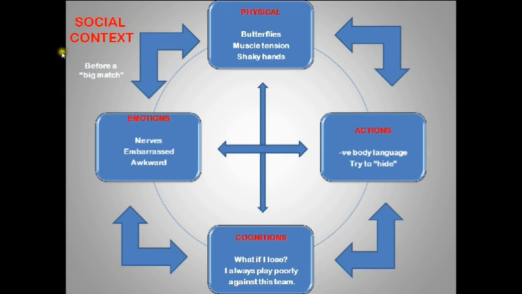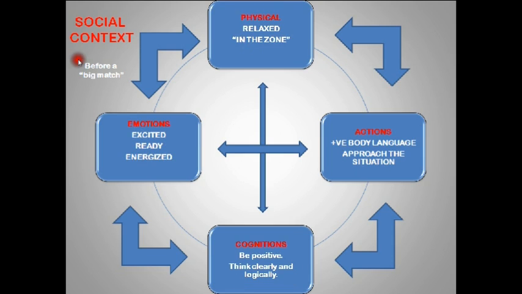So this was filled in by an athlete, and I spent a lot of time with the athlete going through this and investigating what their different responses were to these different components of the SPACE model. What I then did was to get them to reflect about how they wanted to feel in these different aspects. So physically, how would they like to feel before that big match in order to perform to their best? Actions, their behaviour, what sort of things would they like to display?